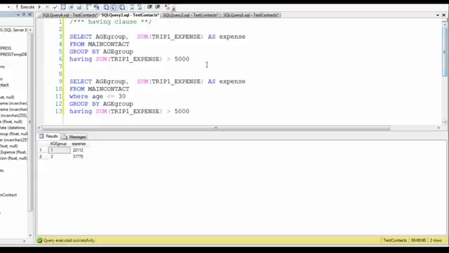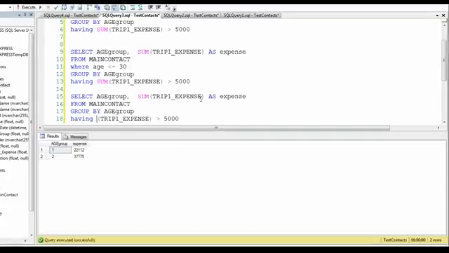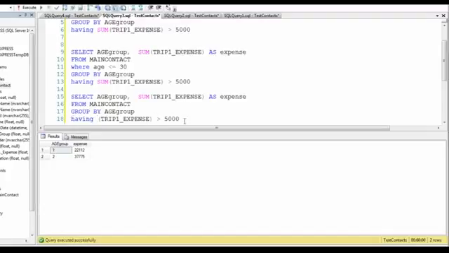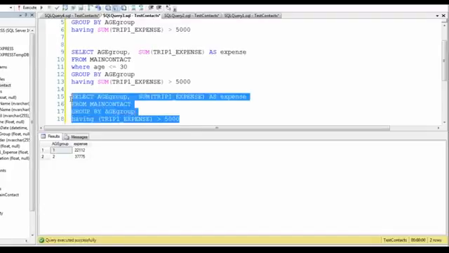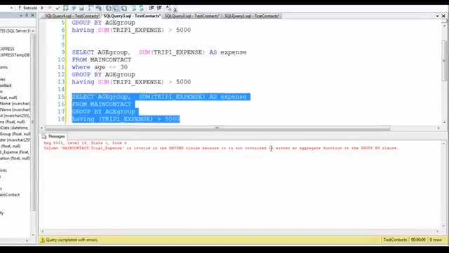Now let's look at what happens if I remove this sum and just keep this statement. So I have select age group, sum of my trip expense, from group by, and then I said where my trip expense is more than 5,000. Is that going to work? Let me see. Nah, it doesn't. It says having clause is invalid because it's not contained in either an aggregate function or the group by clause. So basically